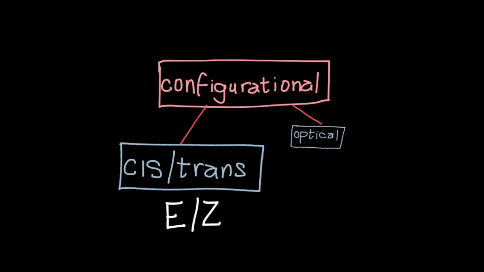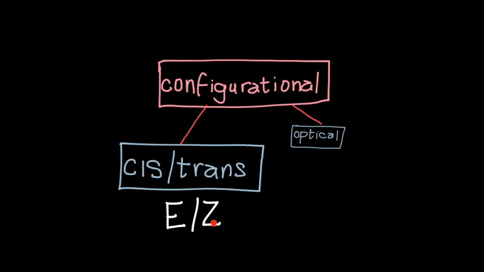Yet another type of stereoisomerism is configurational isomerism. In this case, simple rotation about a bond is not possible or is unable to bring about a transformation from one isomer to another. So we no longer have different conformations, but we have different configurations. A very significant area of configurational isomerism is optical isomerism. But today, we will look at cis-trans isomerism, also referred to as